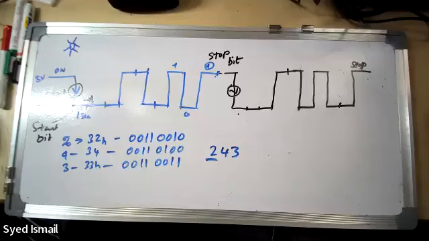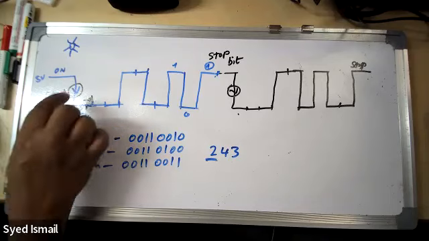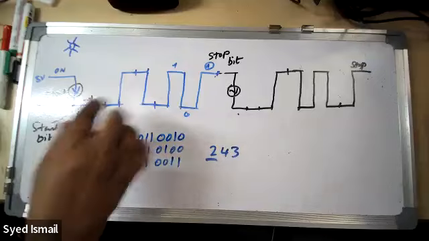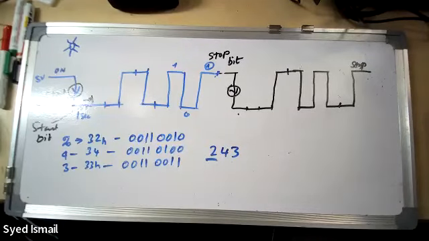So universal asynchronous. It's not synchronous, it's asynchronous. That means anytime he can give you this signal to start. He's not going to tell you when to wait. Anytime you have to watch him all the time to see when he goes low, then you take the data and do it. I hope this is clear.